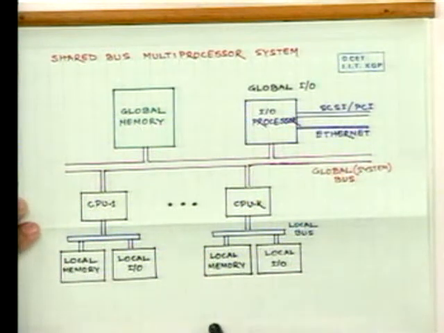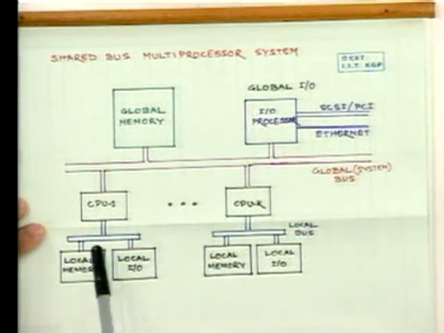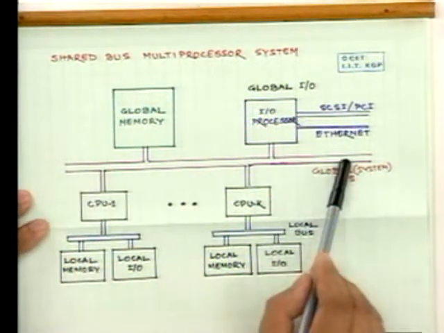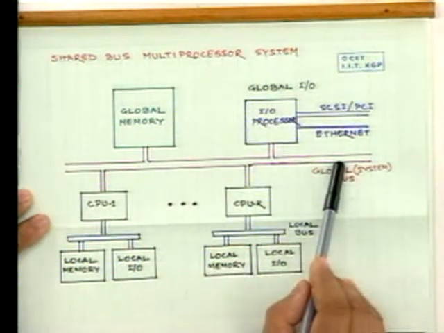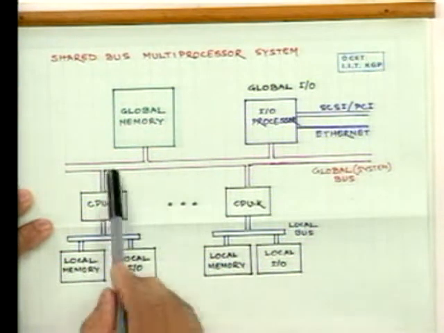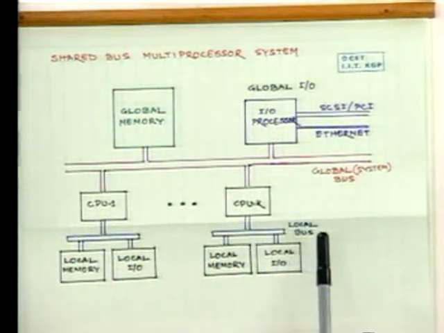Only one point I would like to mention here, that since this bus can be the bottleneck of computation speed up, because all the CPUs are utilizing this common bus